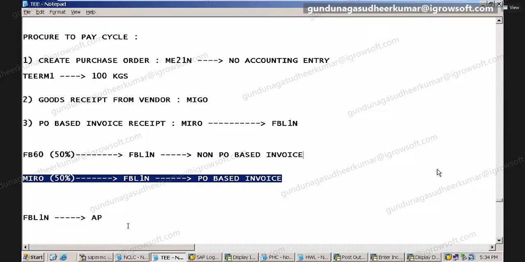Basically you are telling them you know just GL and 50% of AP, and you are asking them to give you the job. That's why this is important. The MM module is closely integrated with the AP sub-module. Is it clear? So you have to practice the FI-MM integration, okay guys?